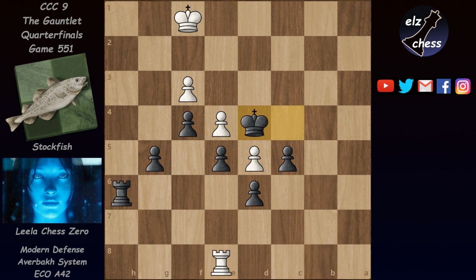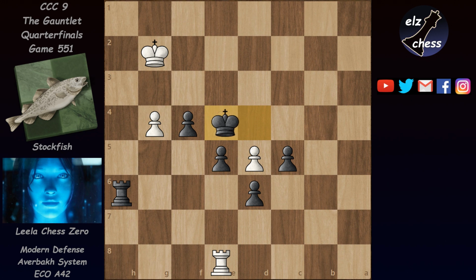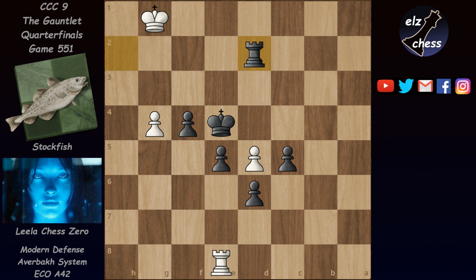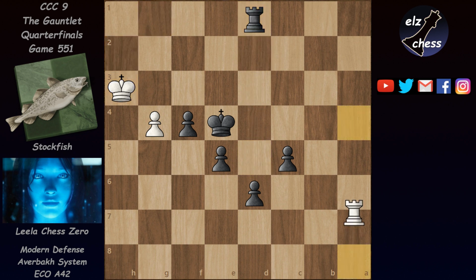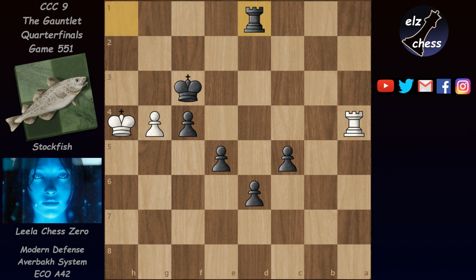rook e8, king d4, king g2, g4, f takes, king takes on e4, king f2, rook h2 check, king g1, rook d2, and Leela prefers to take the d pawn with the rook, and her advantage is just quite simply massive here. She is winning now down also the g pawn,